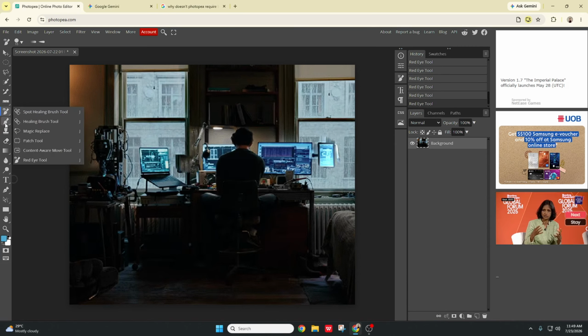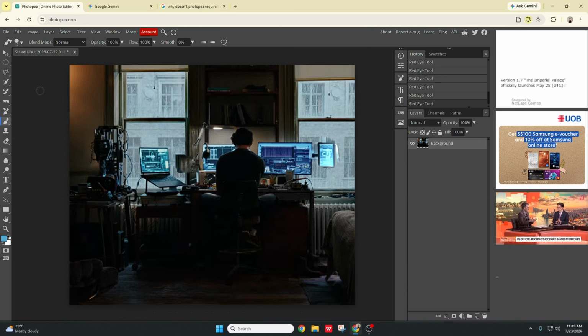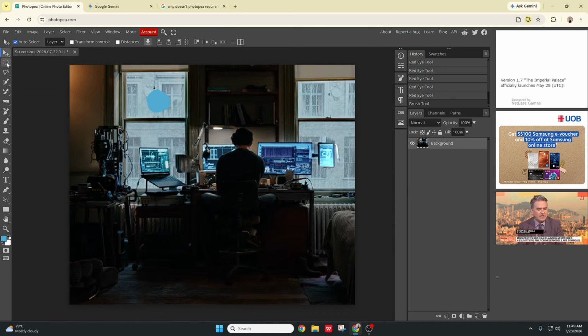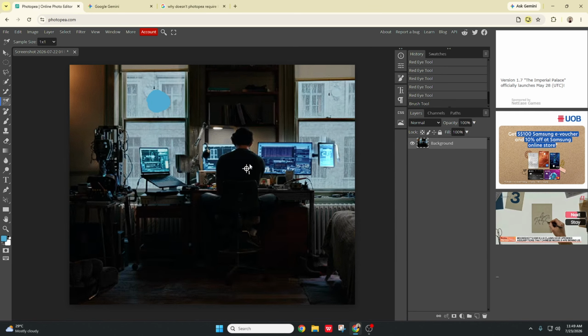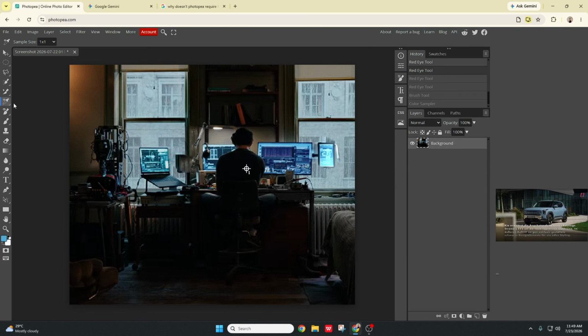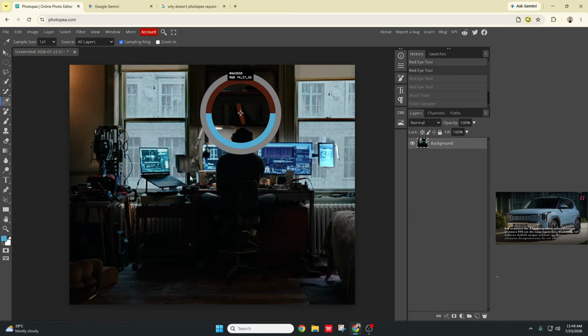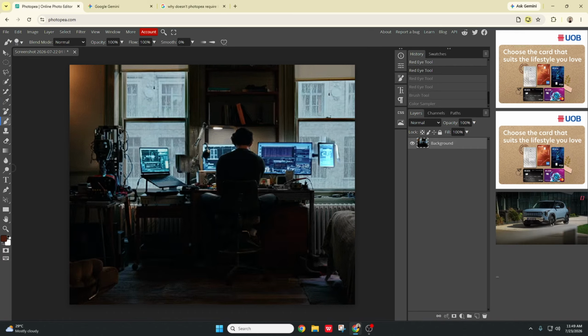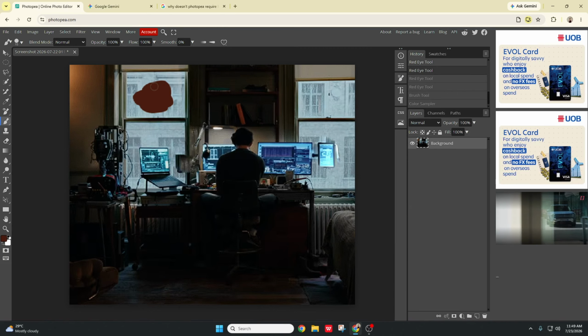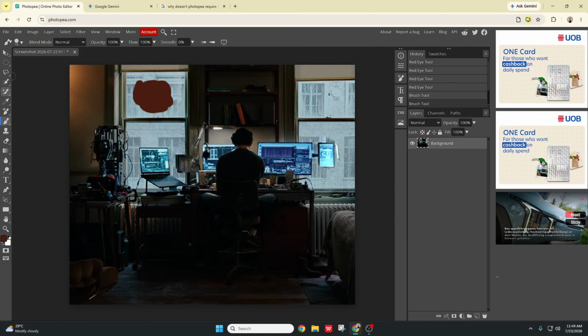Okay, so then we have the brush tool. Again, the brush tool is really basic. This color is the color that I selected before from color sample. So let's undo the red eye, select the eyedropper tool and select the red color from here, and let's select the brush now. If I use the brush, as you can see, the color is exactly the book's color. And same goes for, let's say,